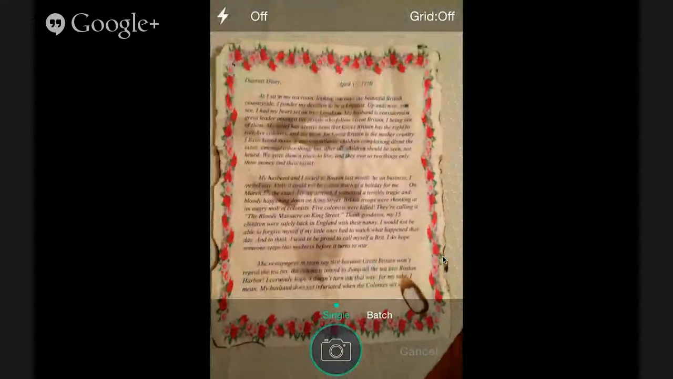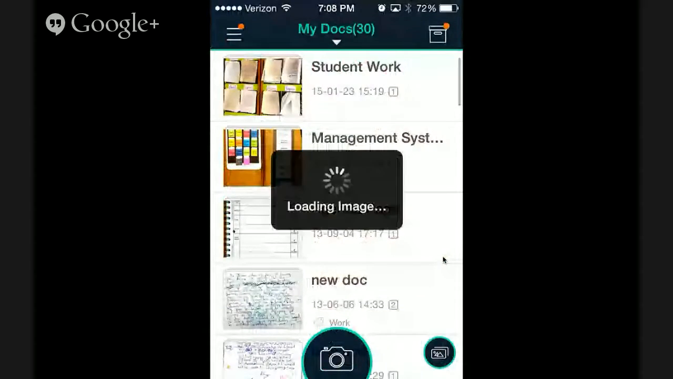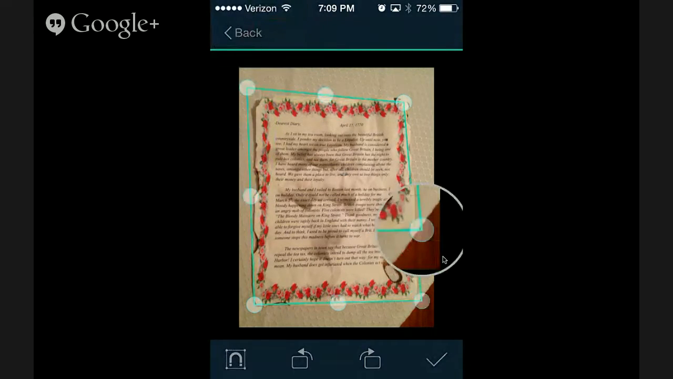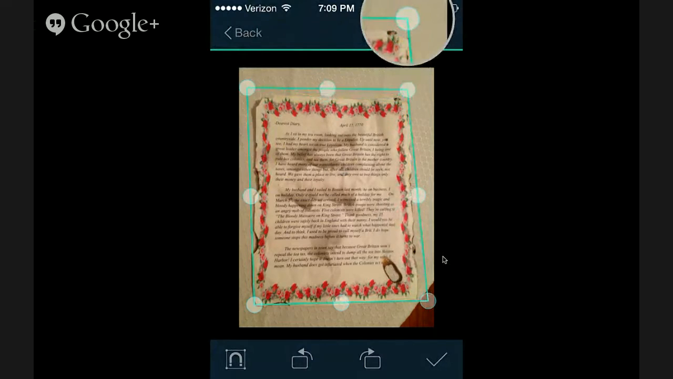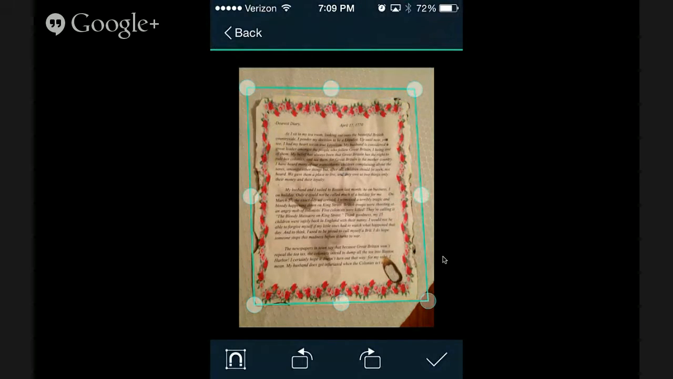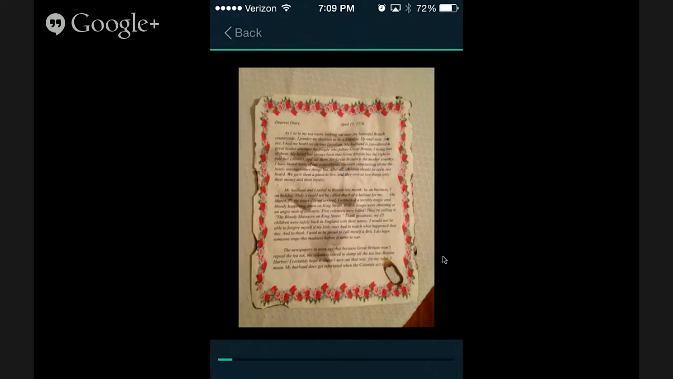So I'm going to capture my image, and immediately my image is going to be loading. And what's great about CamScanner is that it tries to automatically find the edges to your document. So here, it basically did it for me. If I needed to maneuver it around and I wanted to make sure those burnt edges really got into my scanned document, I would maneuver those. I have the ability to rotate, and once I feel like I've captured the image appropriately, I press my little